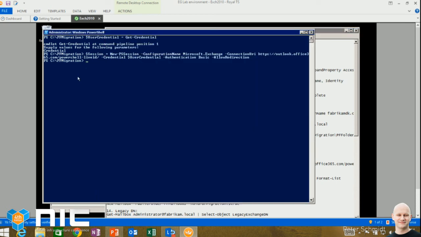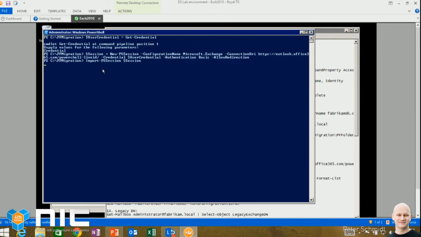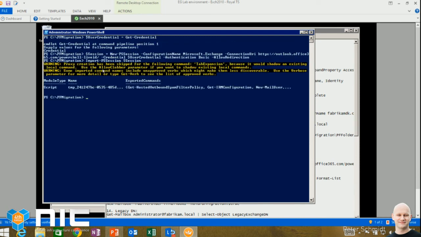So it made a remote session into Exchange Online, and that session has been initiated, and now we can import the PowerShell session to my command line here, and thereby import the cmdlets available from Exchange Online. It would be more or less the same process as if you did a remote PowerShell against your on-prem Exchange environment, Exchange 2013 that is. So now we have